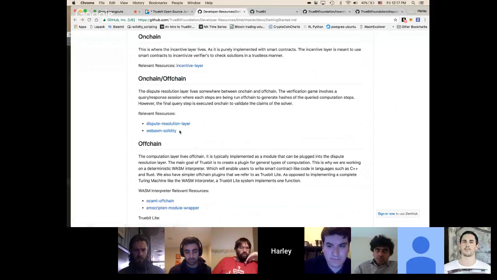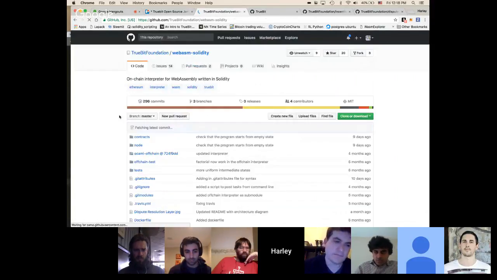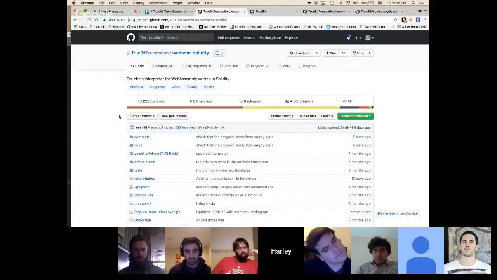This also leads us to WebAssembly in Solidity. The idea is that hopefully one day our whole dispute resolution layer can be a general interface to plug in different computation plugins, and one of them could be this WebAssembly one.